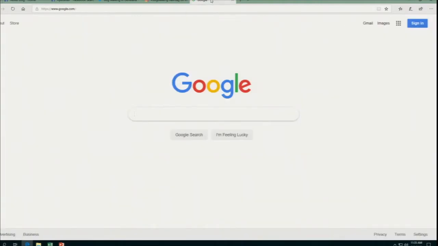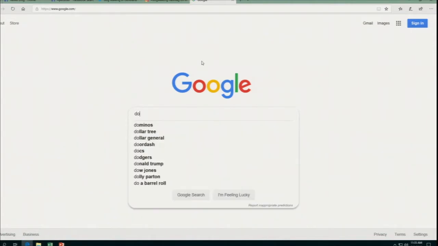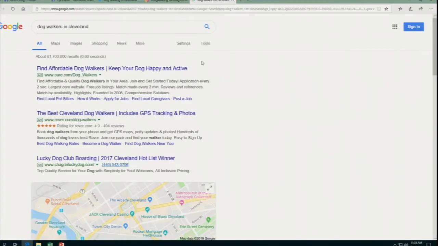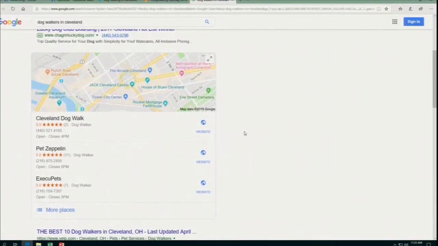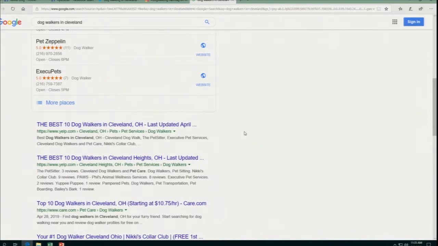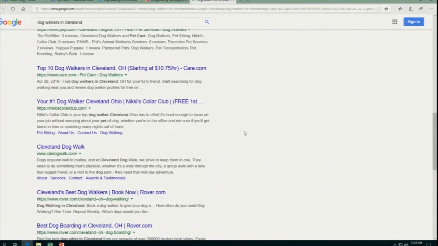And also don't forget about Google. Google is a great place to find your competitors as well. And a lot of people start with Google, and that's fine. You can start with Google as well. You're going to plug in the same exact thing into Google, dog walkers in Cleveland. And here you'll be able to see probably a lot of the businesses that you already found on your social media. You might find some new ones, and you can click through these to see if they are your